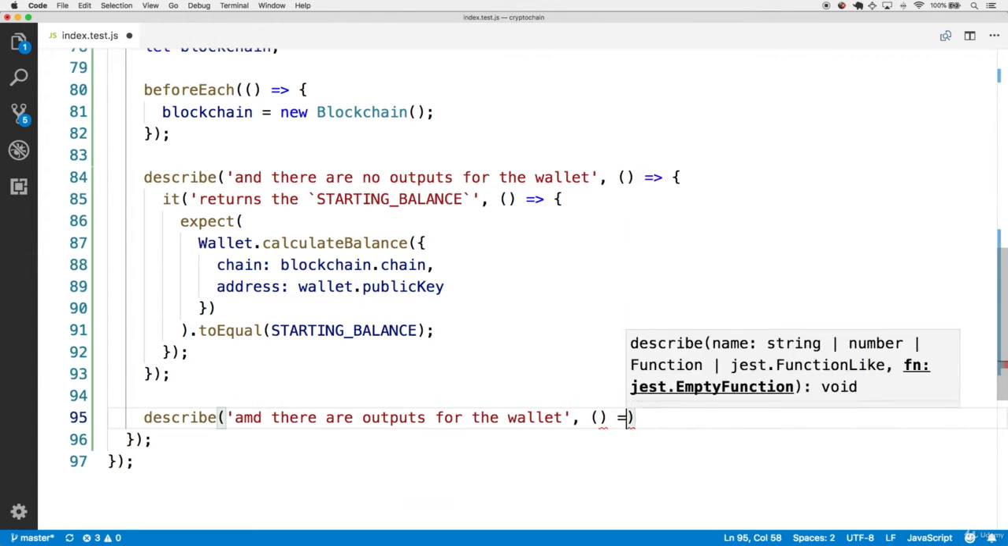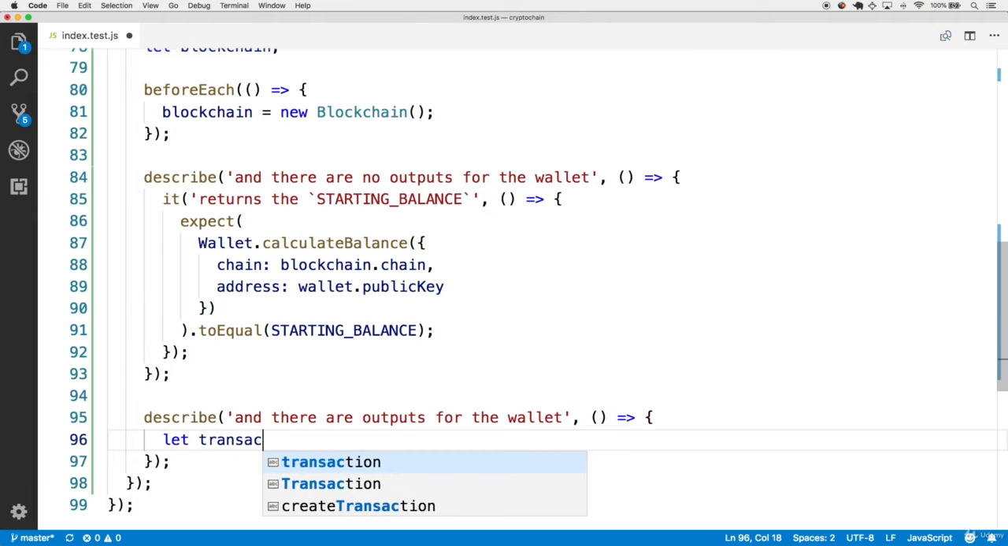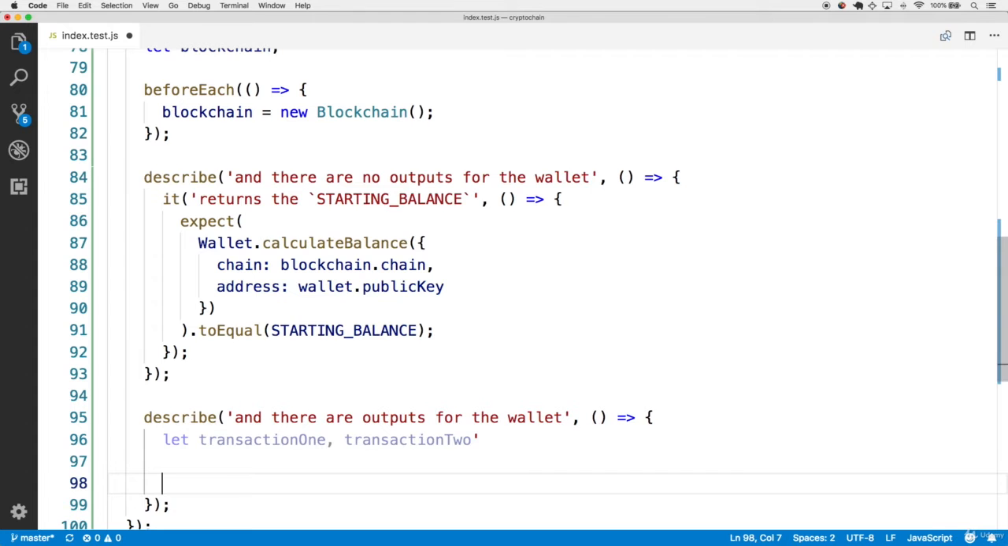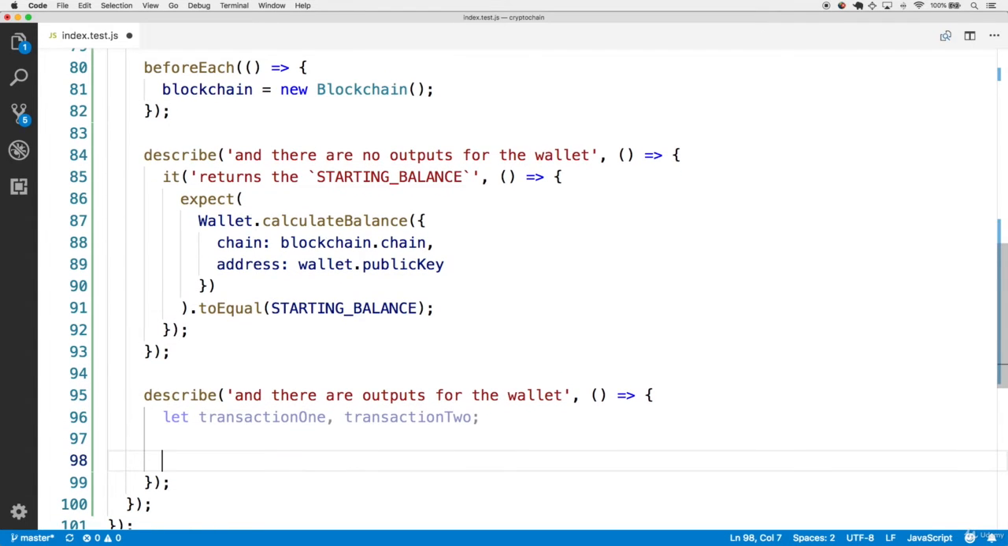In the context of these tests, let's set up a few transactions. We're going to make two transactions, and we're going to set them both to variables, so that way we can track how they've been calculated and recorded in the blockchain, as well as their output values when we want to make expectations on the actual expected value. First, we're going to have a transaction 1 and then a transaction 2. And then before each test, let's actually set these transactions